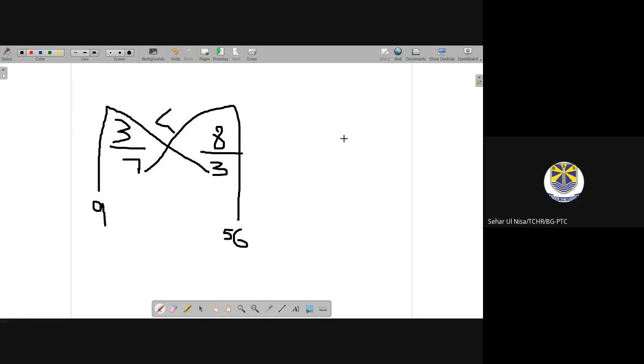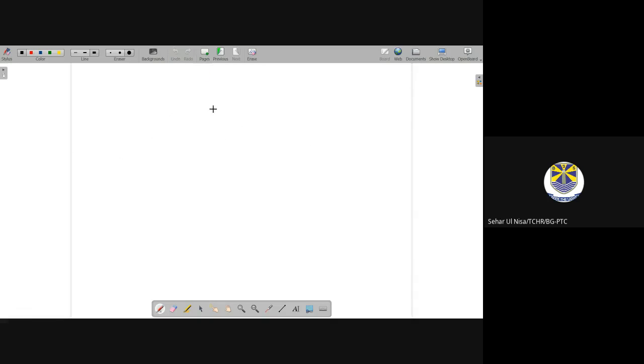Okay, let me explain once again. If there is a fraction 3 by 5 and a fraction 4 by 3, this is not a unit fraction. First of all, you have to see, is this a unit fraction? If it is a unit fraction, then if the denominator is greater, the fraction will be smaller. If the denominator is smaller, the fraction will be greater. But if it is not a unit fraction, then there is the butterfly method with which you can find which fraction is greater and which is smaller.